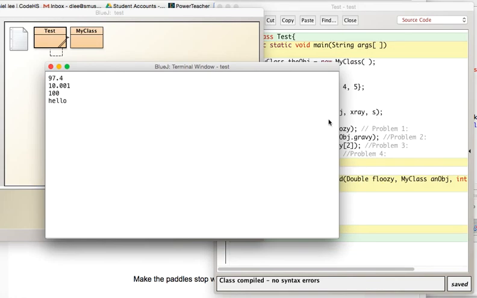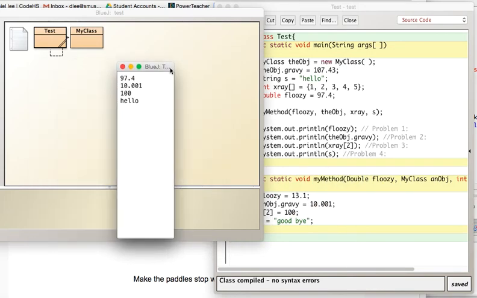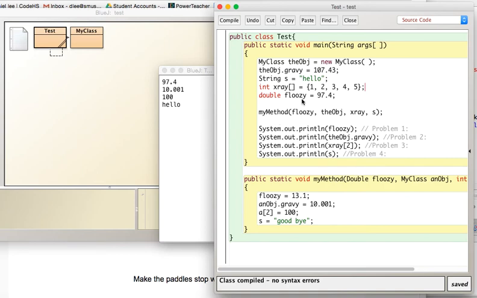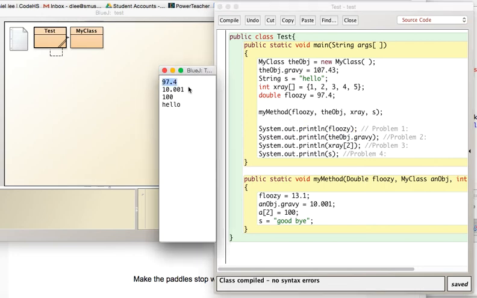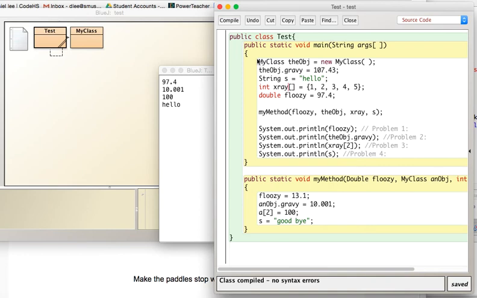and you can see this is what is printed out. If we take a look here, Floozy was originally set to 97.4. We run it through my method, which takes it in, and it changes the value of Floozy to 13.1. We end our method, we come back up and print out Floozy. What's printed out? 97.4. For those of you who have experience with other coding classes, this is obvious. Why? Because we've learned that variables only exist in the function that they were created in,